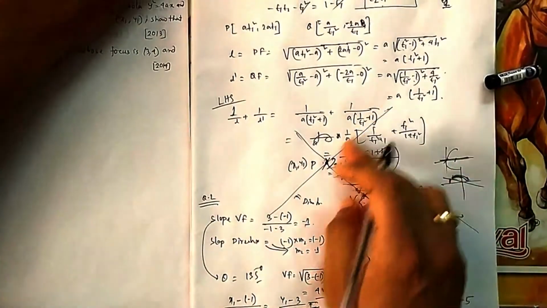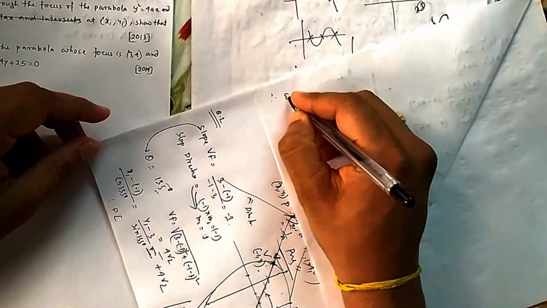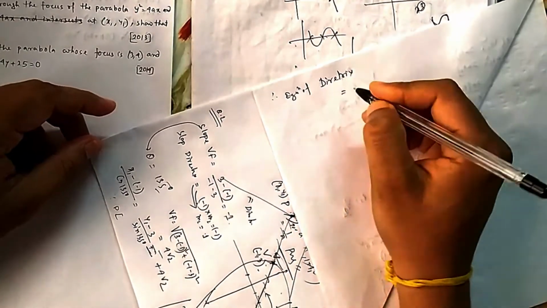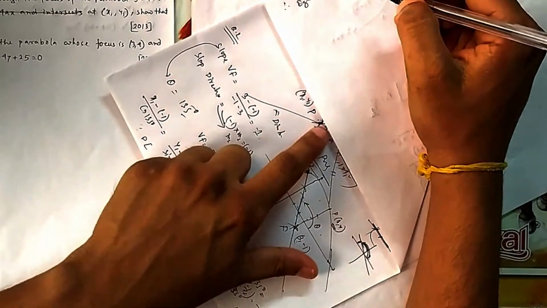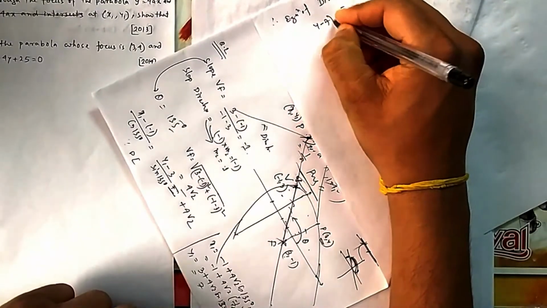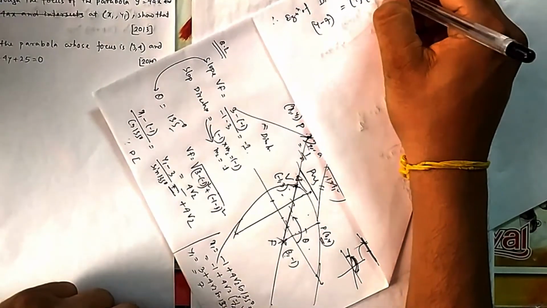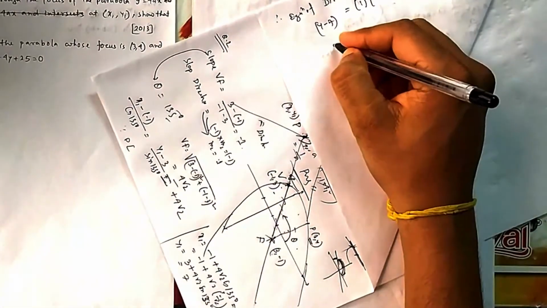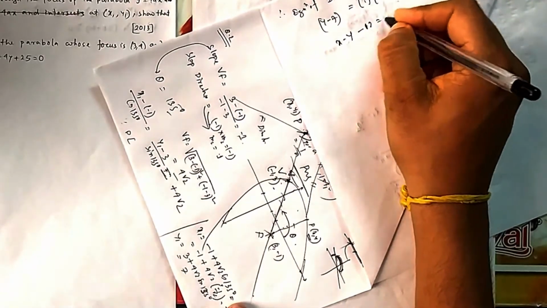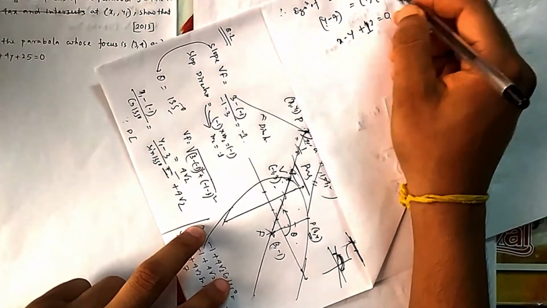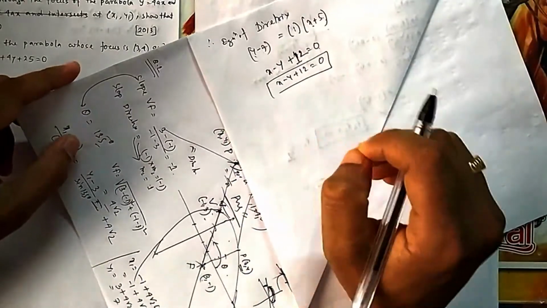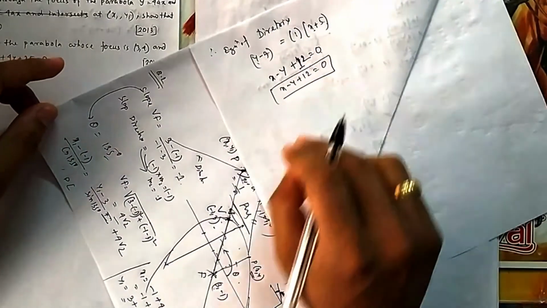Now once you know P, you can write the equation of the directrix. Therefore the equation of directrix, how can I write, because I know the slope and a point. A point I know of this directrix, and the slope I also know. Slope is 1. So it was y minus y1, that is 7, is equal to m, which is 1, times x minus x1, that is plus 5. So your equation will become x minus y plus 12 equal to 0. Please check all these calculations. If you find anything, put it in the comment box.